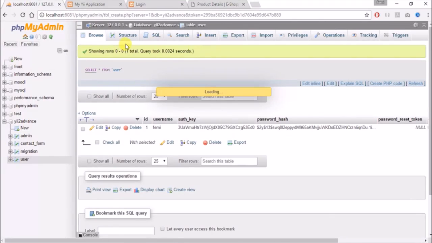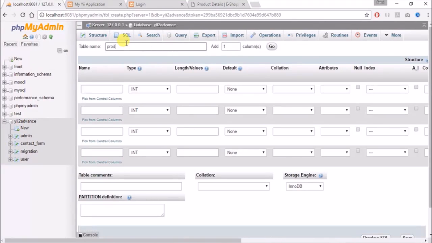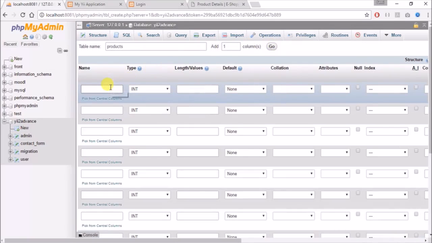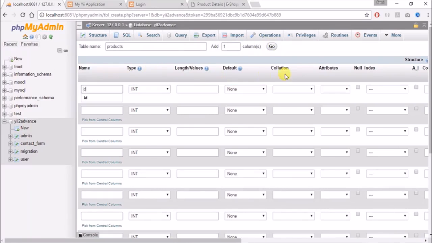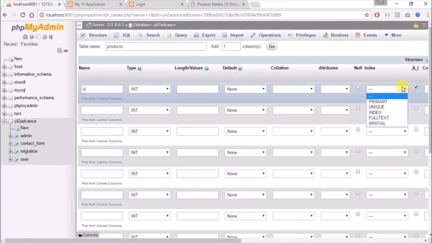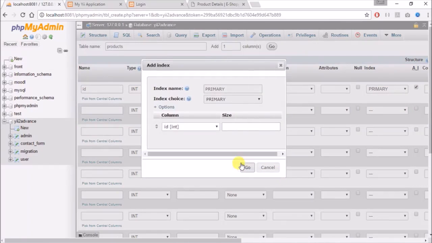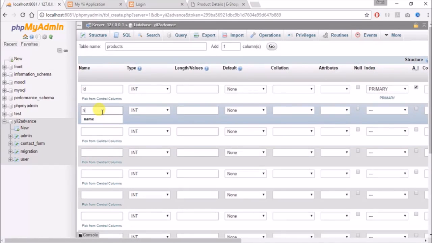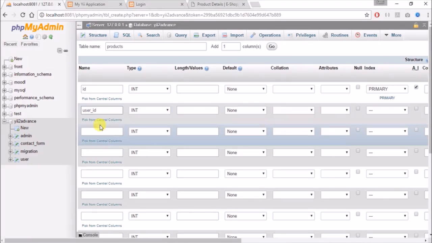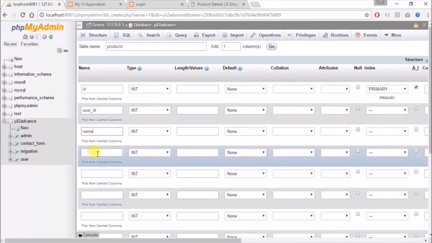So we'll create our table, then we'll say product. We start with ID. We want to add it to auto, so incrementing. Then we'll add the user uploading the product. So we'll say user ID. The name of the product, description of the product,